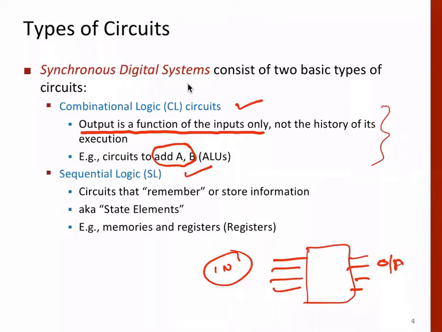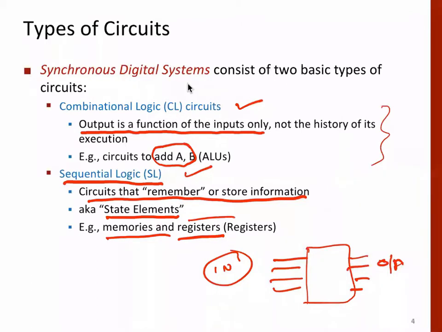In the case of sequential logic, it remembers what has happened in the past. That's the reason we call them state elements, which can store the state of the system. The discrete elements are in general two, memories and registers. In this class and the next class we'll focus on registers, and we'll do memory after say 7 or 8 classes.